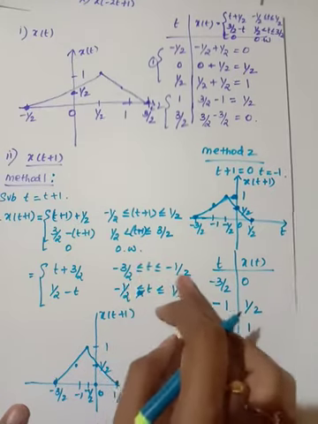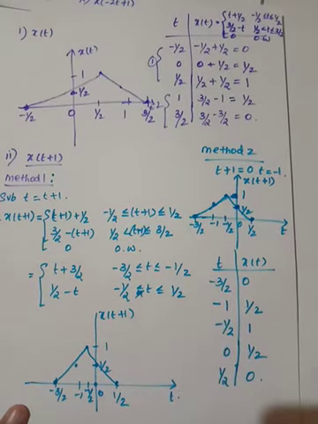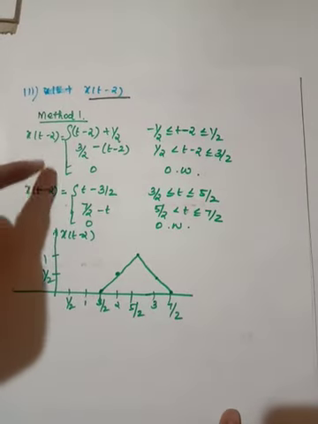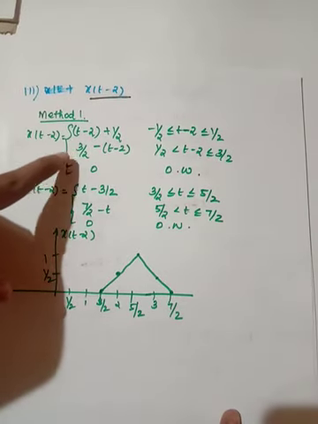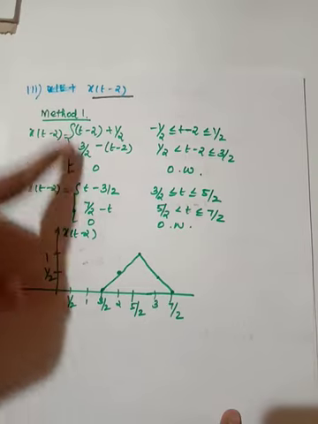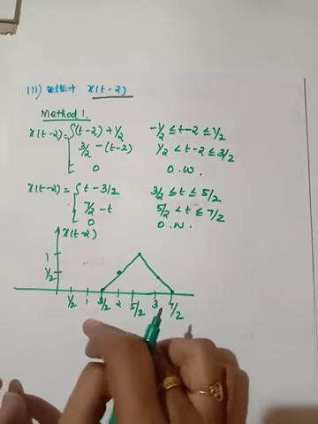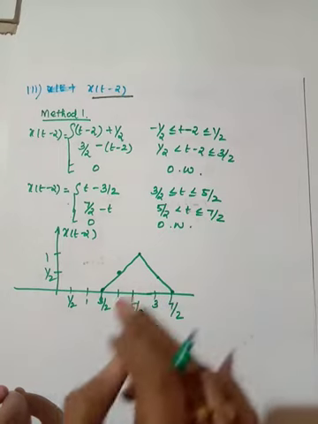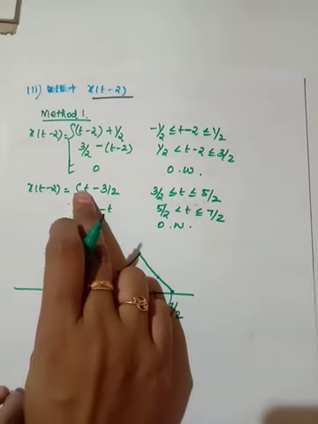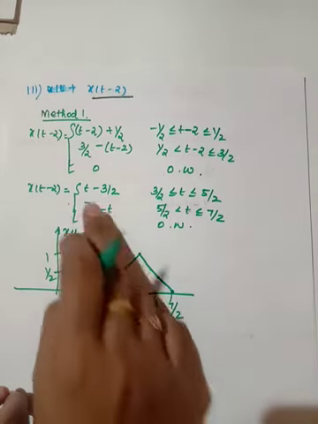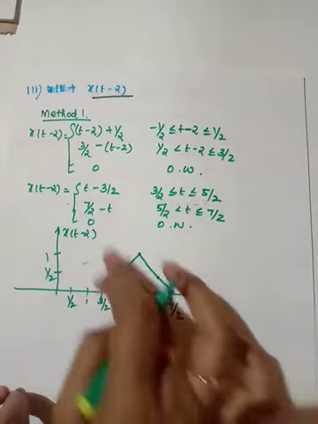So I think you have already done some tutorial problems on this shifting. Now you are familiar with method 1 and method 2. Now the same procedure as shifting, just instead of t I am substituting t minus 2, and I am getting this expression. After simplifying, you will get this expression. Then here I am going to draw x of t minus 2. So 3 by 2 to 5 by 2 and 5 by 2 to 7 by 2. So the total length is 3 by 2 to 7 by 2. When I substitute 3 by 2, I am getting 0. When I substitute 2 here, I am getting 1 by 2. When I substitute 5 by 2, I am getting 1.